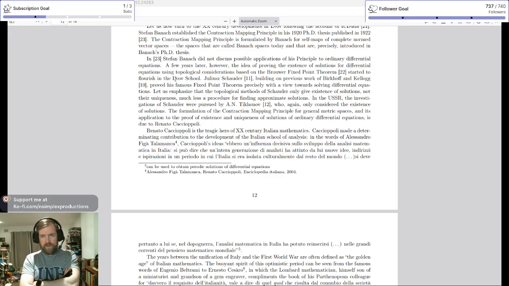The formulation of the contraction mapping principle for general mapping spaces and its application to the proof of existence and uniqueness is due to Renato Caccioppoli. Caccioppoli is the tragic hero of 20th century Italian mathematics. Caccioppoli made a determining contribution to the development of the Italian school of analysis. In the words of Alessandro Figà Talamanca, Caccioppoli's ideas